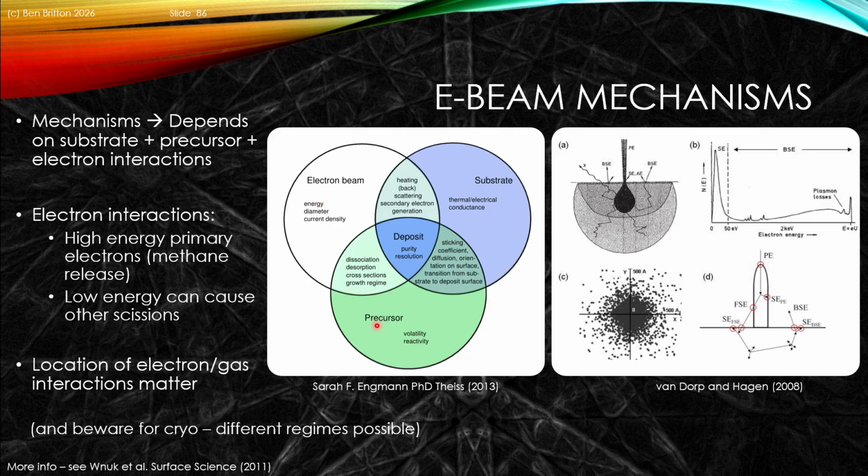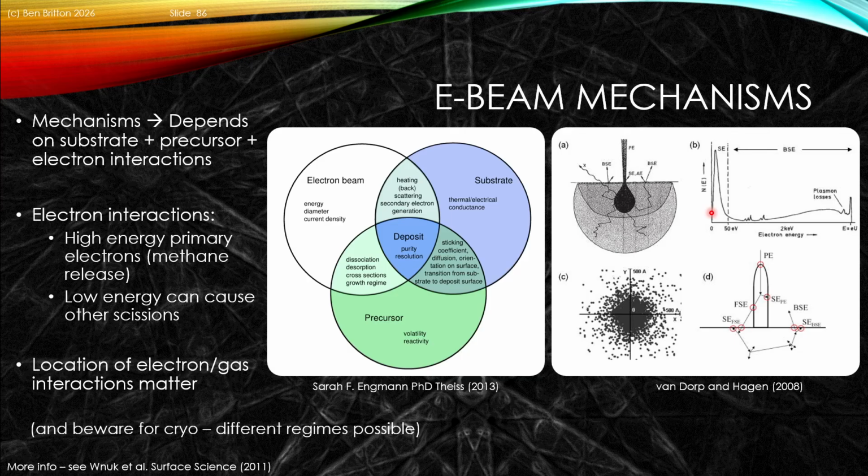Then we have the interaction of the electron beam and the precursor, and that will relate to the dissociation mechanisms, the desorption, cross-sections, and growth regimes. What's important in that particular interaction is that the primary electron beam will interact and produce a series of low energy secondary electrons. Typically these are secondary electrons below 50 electron volts, and you get a very high number of them generated. Depending on the particular precursor, those secondary electrons can have enough energy to cause chain scission of the precursor